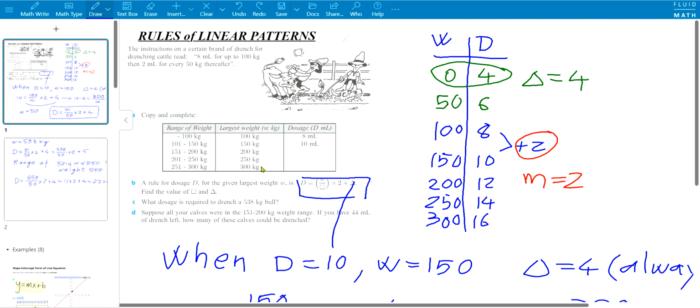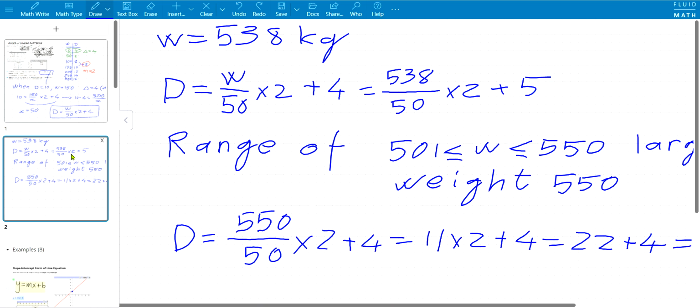So the next one after 300 would be 350, then 400, 450, 500, 550, and so on. 538 would be between 501 and 550. So I choose the maximum weight of that range, which is 550 for this purpose,